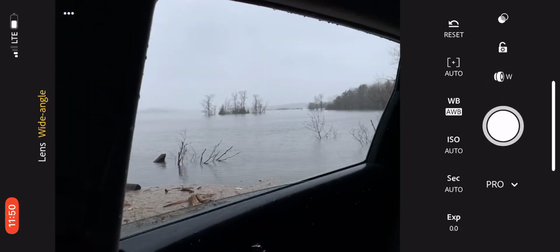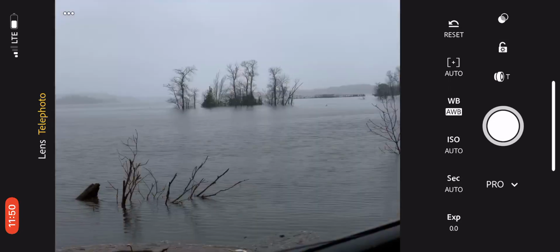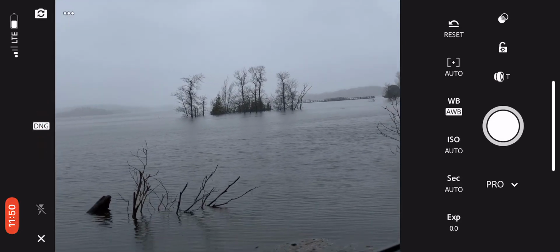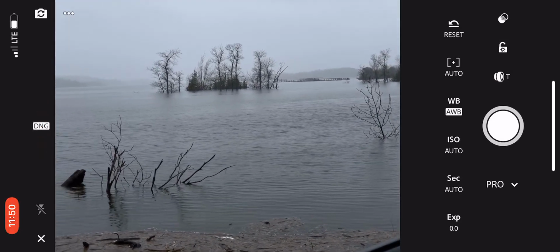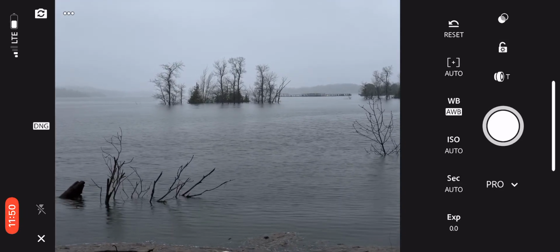Now, this is my normal view. It's the wide, and I'm shooting outside my car. It's raining, so I'm not going to get outside. But what I want to do is simplify the composition. So instead of that,